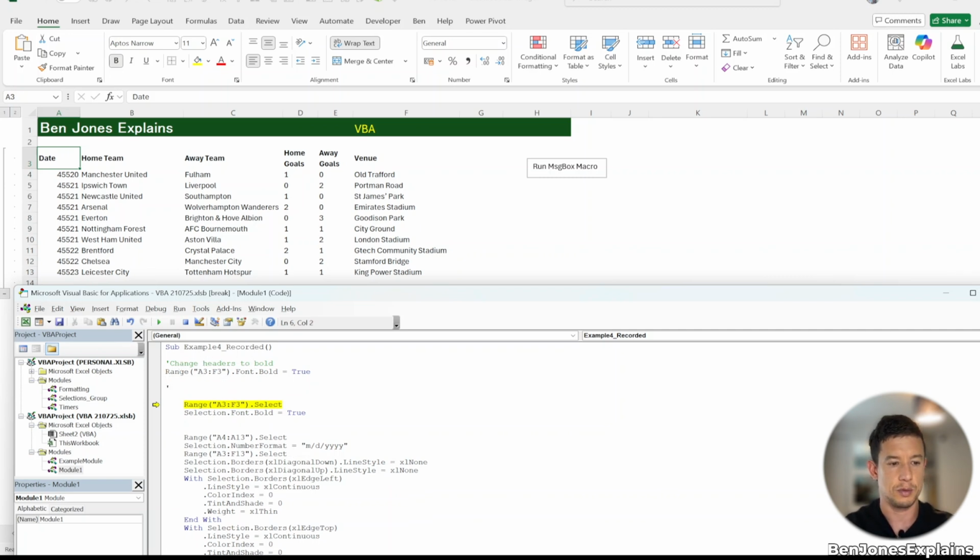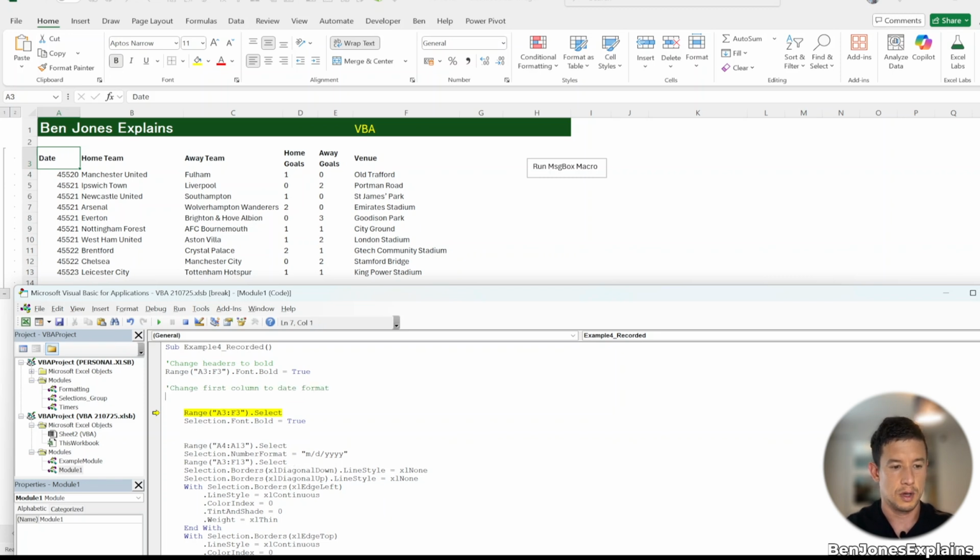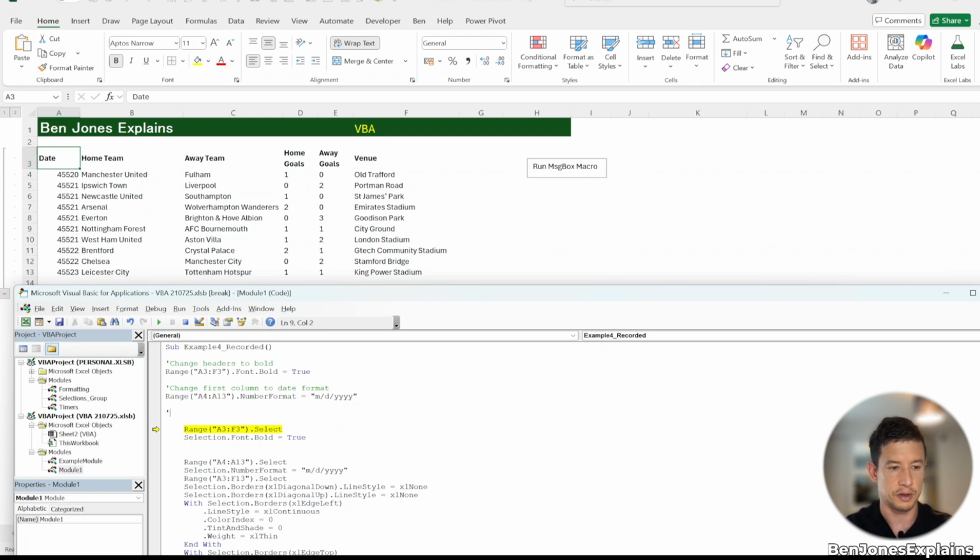Our next step was to change the first column to dates, so we could put, change first column to date format. And then we can see again it's used a selection method, so we want to avoid that. So we're just going to take the range, and then we're going to take the number formatting arguments, paste that in there, and finally we're going to do the grid lines. So, apply grid lines